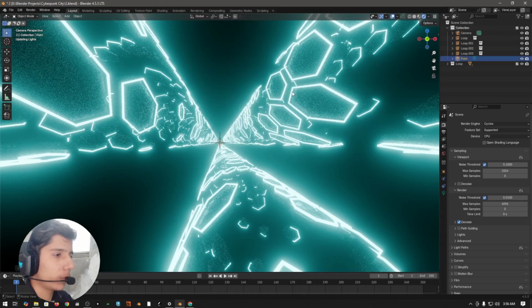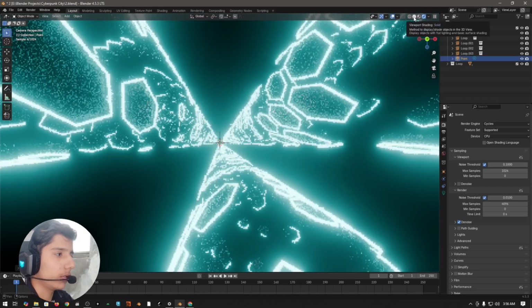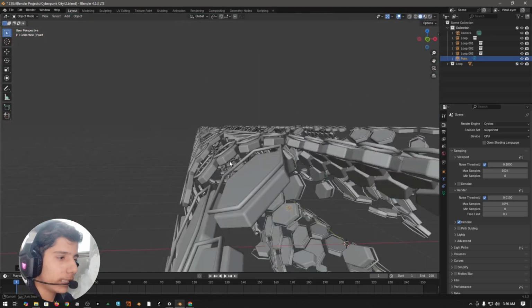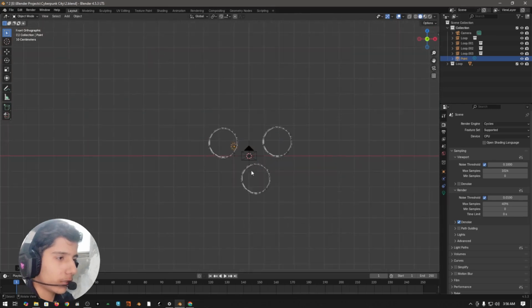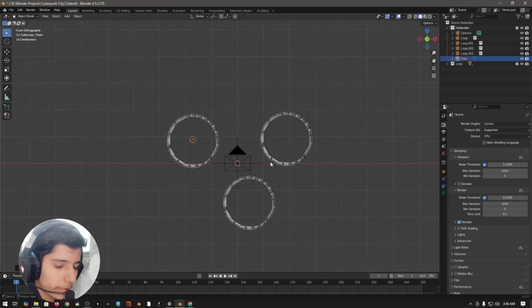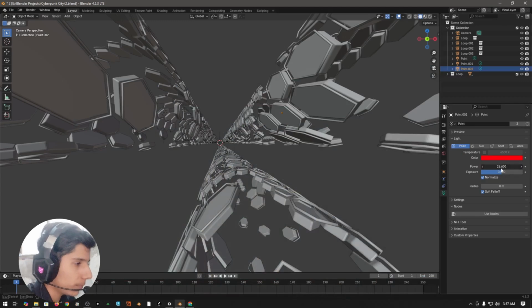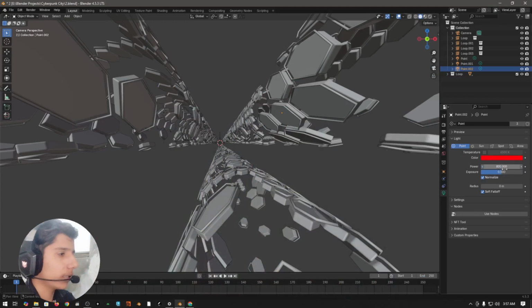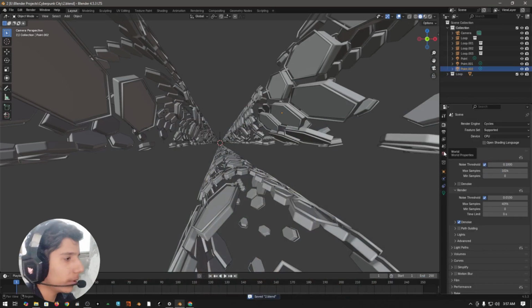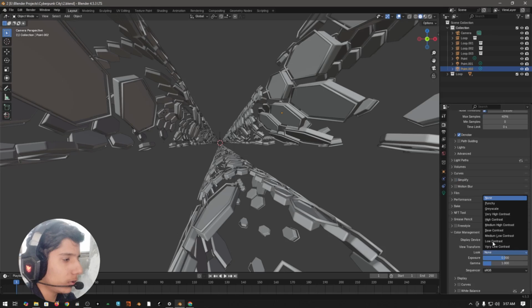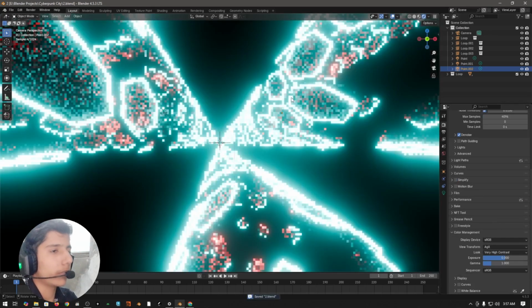So point light. I'm just going to solid mode. And then we are going to place this light here at the center of our tube. Then press Alt D to duplicate this light and place this one here and increase the power to 800. Then come to render properties and come down to color management and set the look to very high contrast, this one. Now just go into rendered mode,